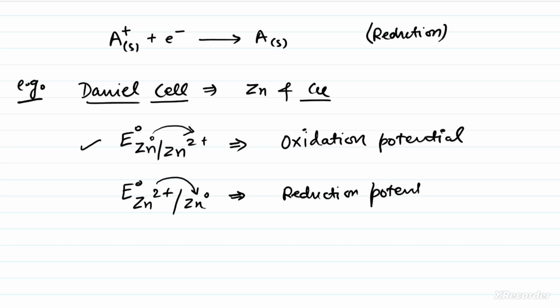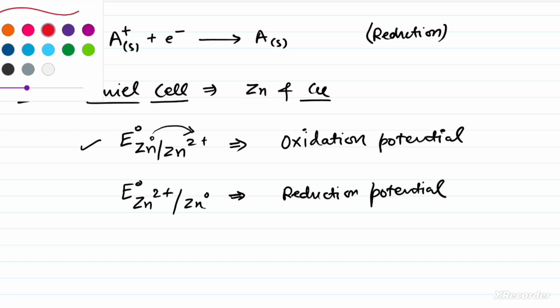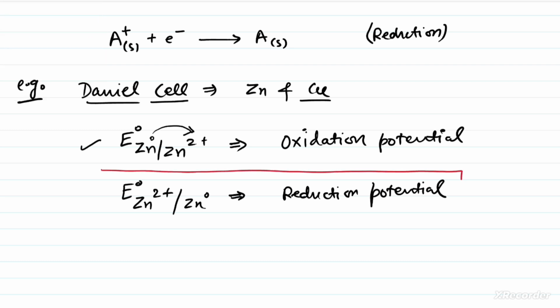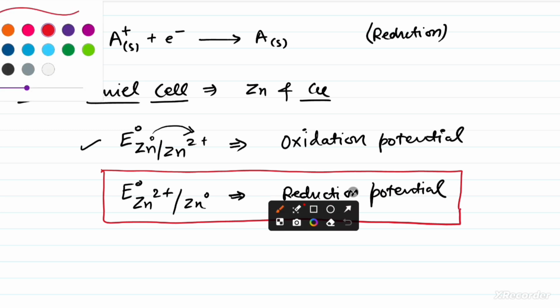Okay, so the thing is, now what you have to keep in mind is you always have to use this. So this one is going to be the standard potential. Why? Because reduction potential is always the standard potential. Is it clear? Okay, so next is, if I write